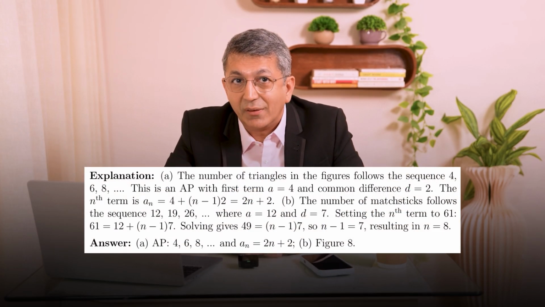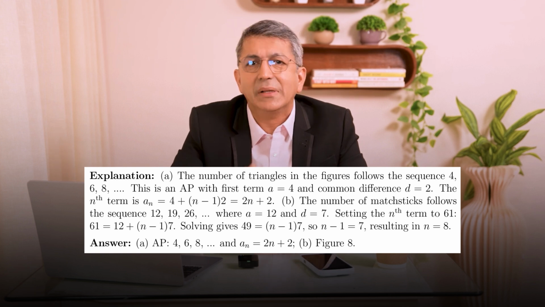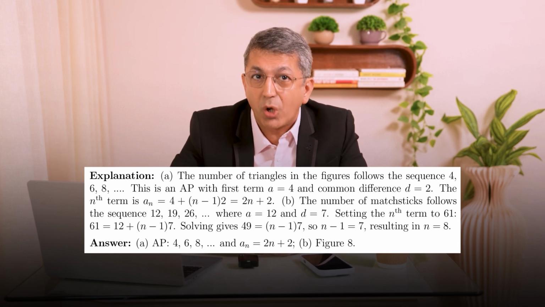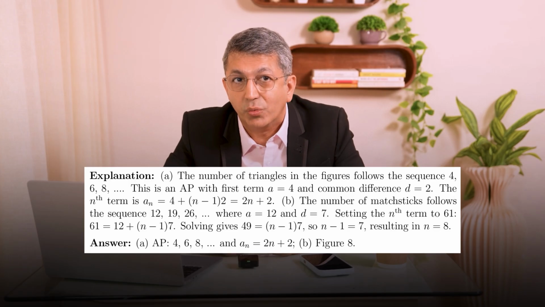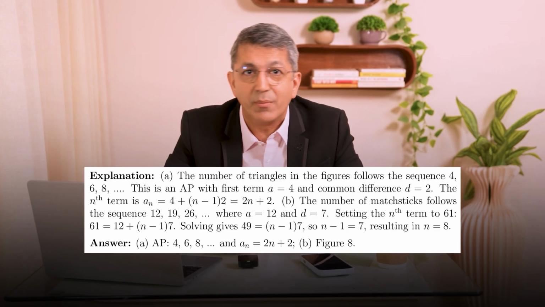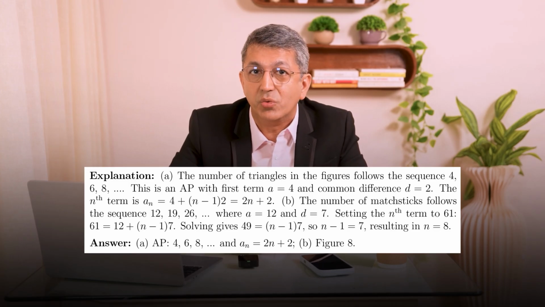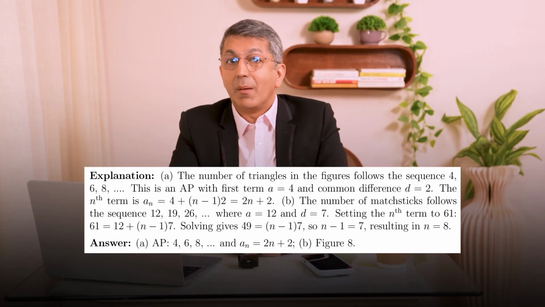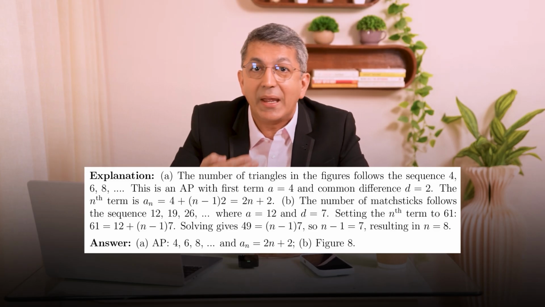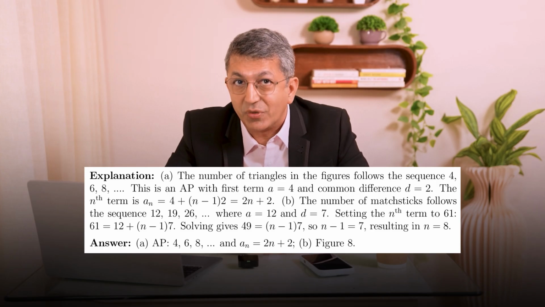Explanation. A. The number of triangles in the figures follows the sequence 4, 6, 8. This is an AP with first term a equal to 4 and common difference d equal to 2. The nth term is a_n equal to 4 plus, in brackets, n minus 1, times 2, which is equal to 2n plus 2. B. The number of matchsticks follows the sequence 12, 19, 26, where a is equal to 12 and d is equal to 7, setting the nth term to 61